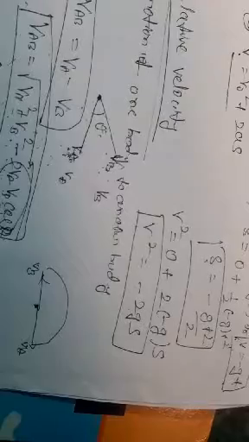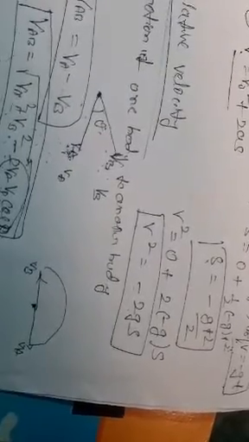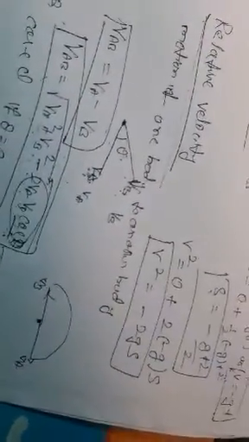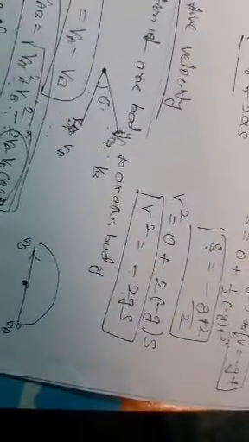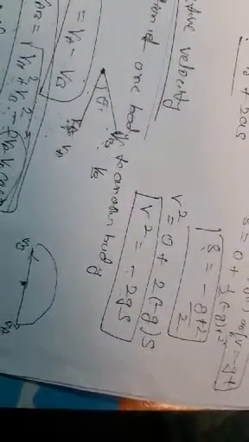These are the special cases of relative velocity. The concept of relative velocity means the motion of one body with respect to another body. What is the speed of the first particle relative to the second particle? What is the difference between the first particle and the second particle? That difference is called relative velocity.